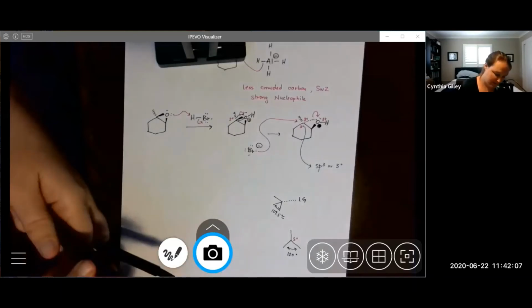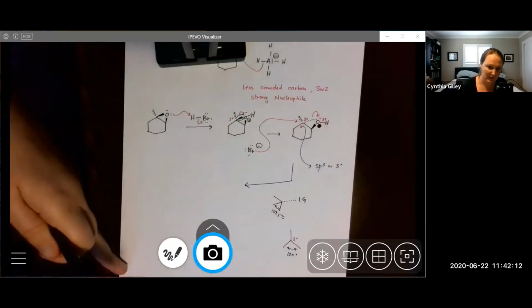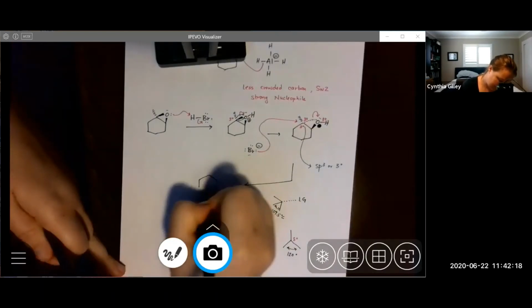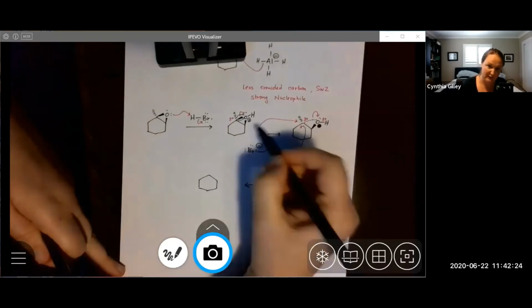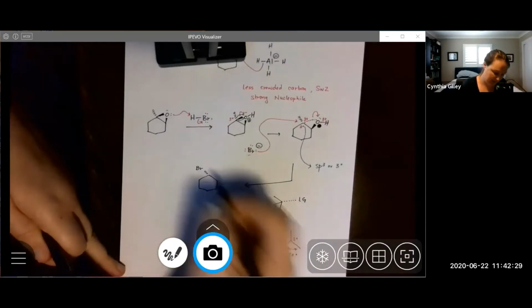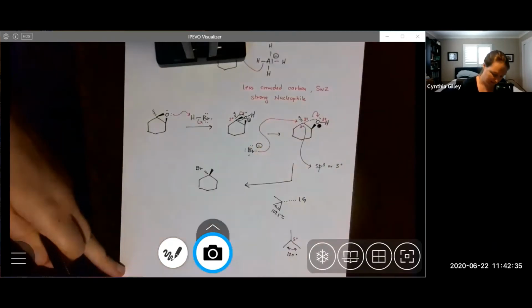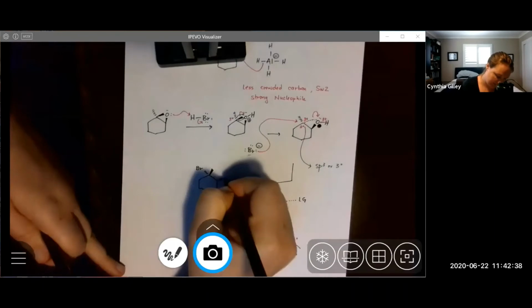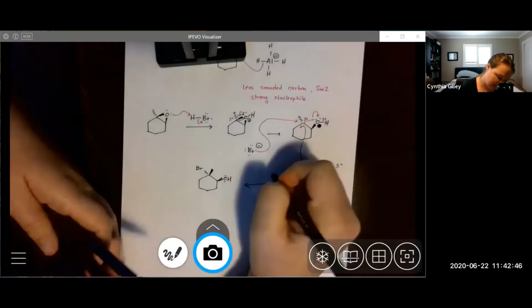We still get inversion, but we get attack at the more substituted carbon in an SN2 reaction. That's a little bit weird, but it can happen in some cases. So we would get the inversion. The leaving group was from the top, right? So that means the nucleophile has to come from the bottom. That pushes this methyl group here up. We do that inversion, right? And then we end up with the OH on the side. That's the product. So it's still SN2, but some people start to call it